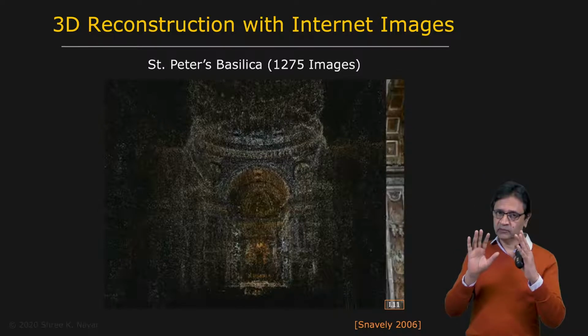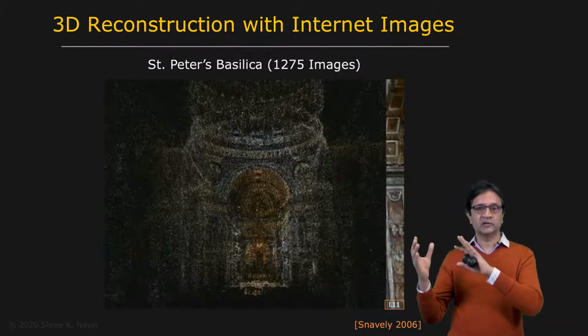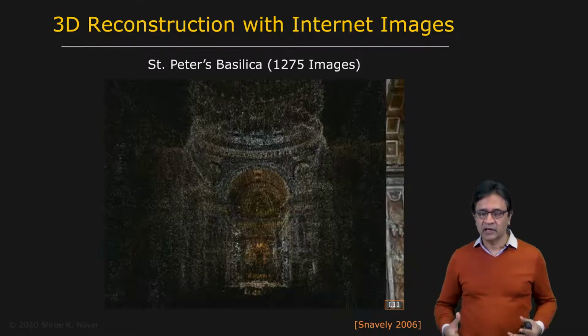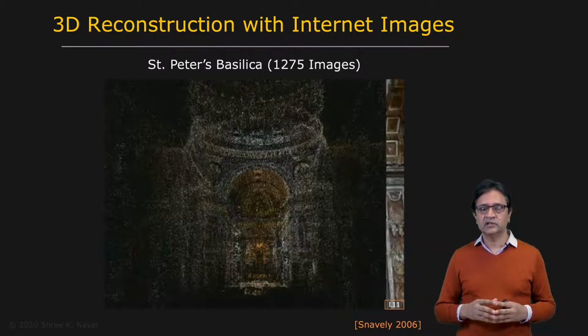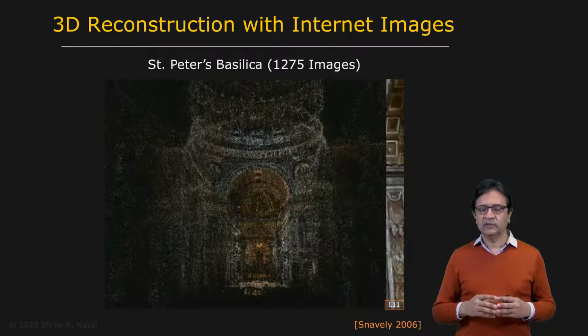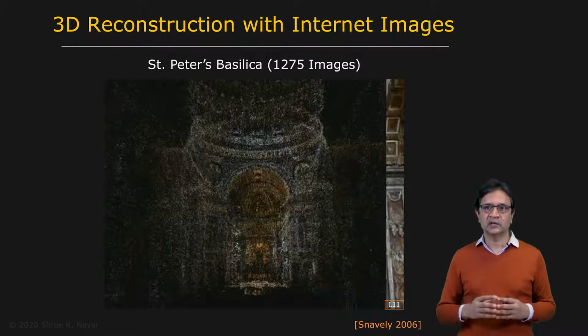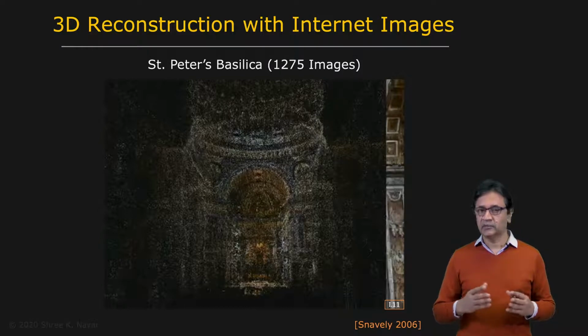So you may have two images that cover some part of the monument, and two other images that might cover some other part of the monument, and you create a very large system which is able to pull in all of this data and use the meta tag information in these images to figure out what the intrinsic parameters for each camera or each image are. You use all of this information to then reconstruct a three-dimensional scene from just these arbitrary views.